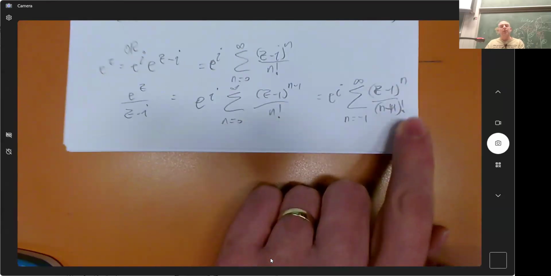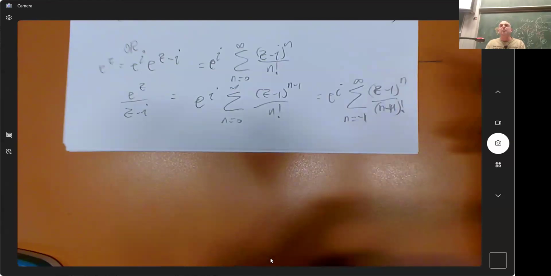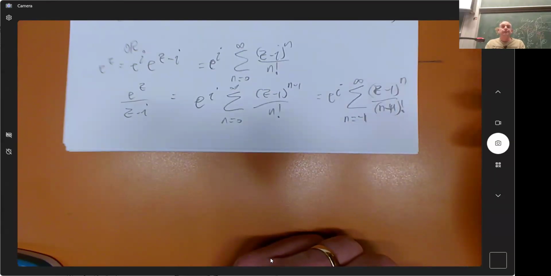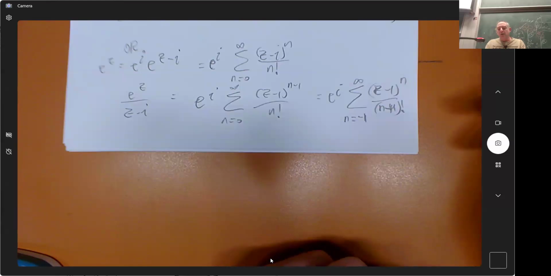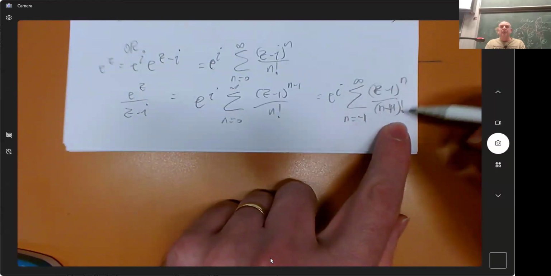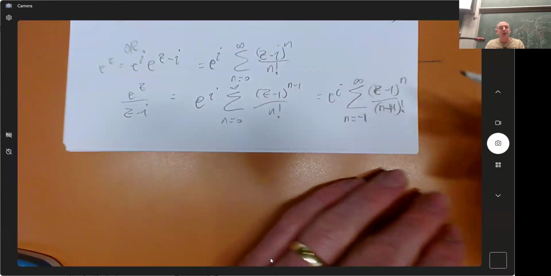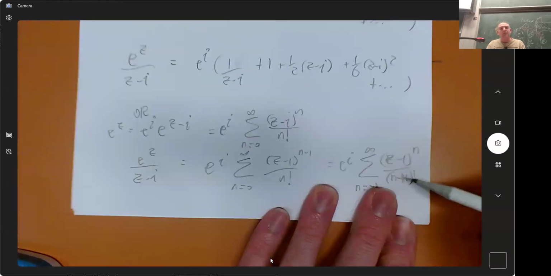And now that looks like a proper Laurent series because the n is the power of the actual term, including the negative power. And so I could say, what is the coefficient of z minus i to the 5? It would be 6e to the i on 6 factorial. Cool. I don't know if that's important, but this is an alternative way of doing it. You can write it with the dots or you can write it with a sum.